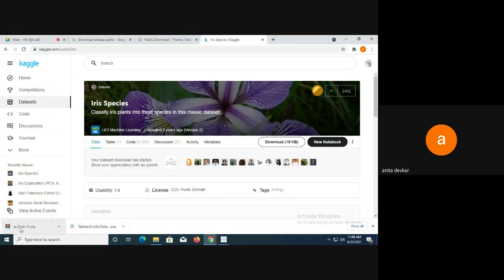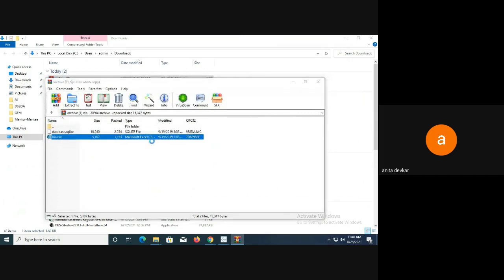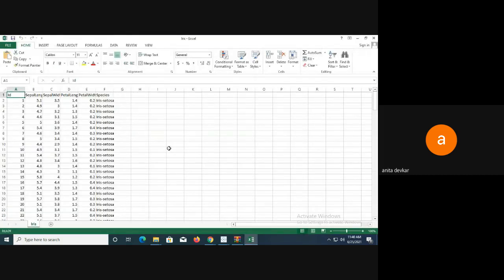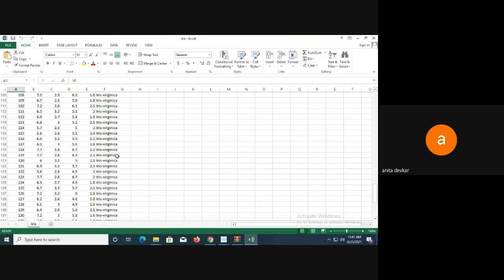You can see the iris.csv file is there. This file contains information about flowers, and there are a total of 150 flower records, about three categories.